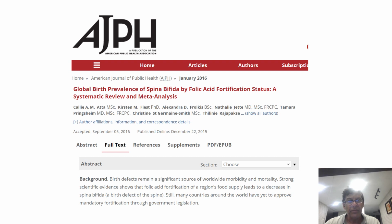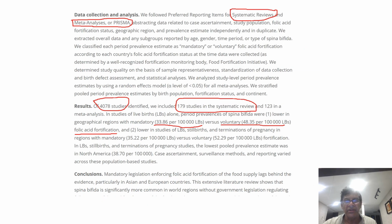This is a publication from the American Public Health Association in January 2016, which shows folic acid fortification, a systematic review and meta-analysis. In this publication, they did a systematic review, meta-analysis, and PRISMA, screening 4,078 studies, and they identified around 179 studies in the systematic review plus meta-analysis. And they found that